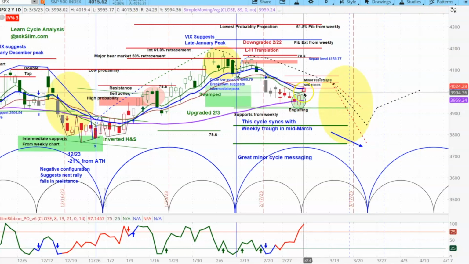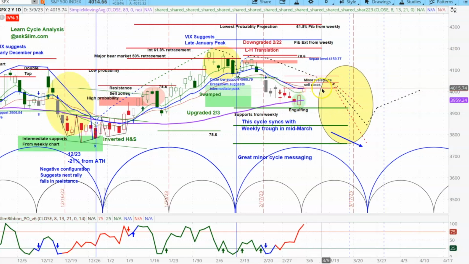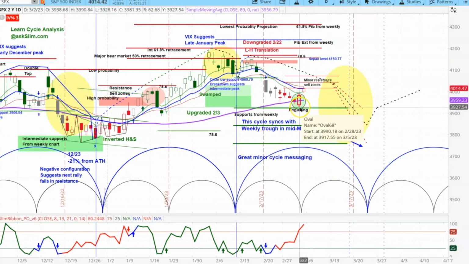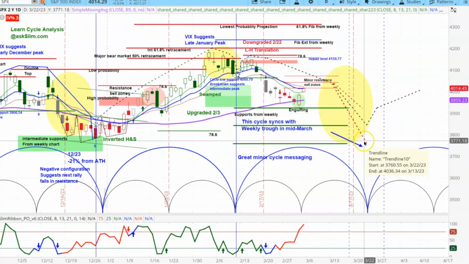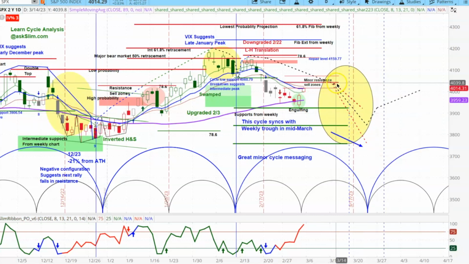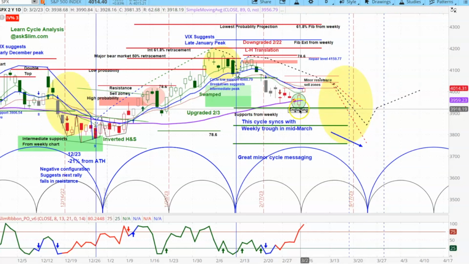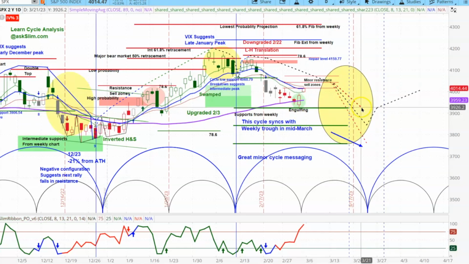It says that when this rally is over with, and it might be a number of days still in here as it gets up into this minor resistance sell zone, that then when it fails, it's very likely to get under this level, and this is that area that we talked about of capitulation. The best case that we can make is testing this low over here after this rally's over with. That is a low probability.